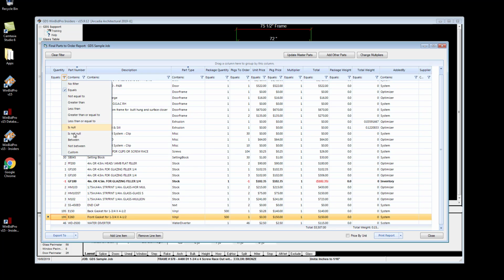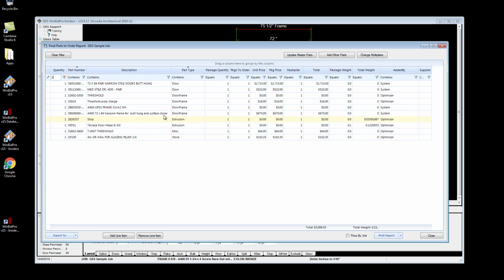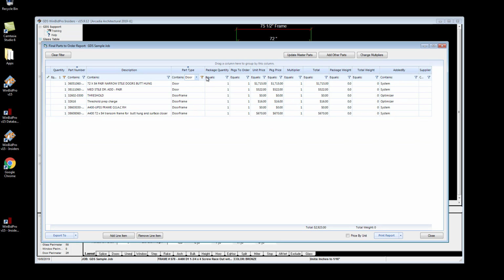Is null shouldn't apply because we try not to let null values exist in the program, but or even no filter, of course. But so equals would mean anything that equals, say, 1, it's going to filter my list down to that. And then contains is what a text field would normally have. So if I want equals 1 for quantity and contains D for door, you'll notice this one's a drop down. You really don't type into it. You can type the first letter and it goes